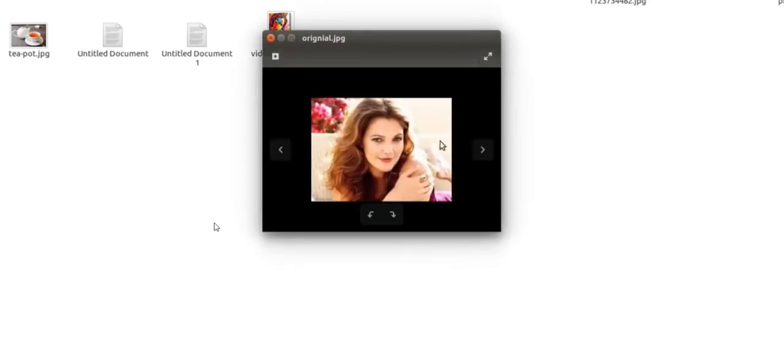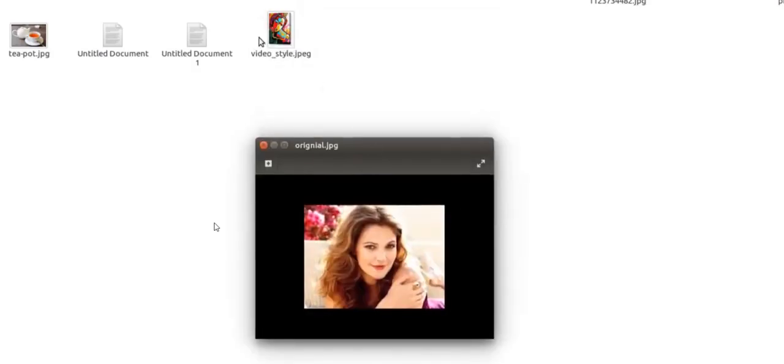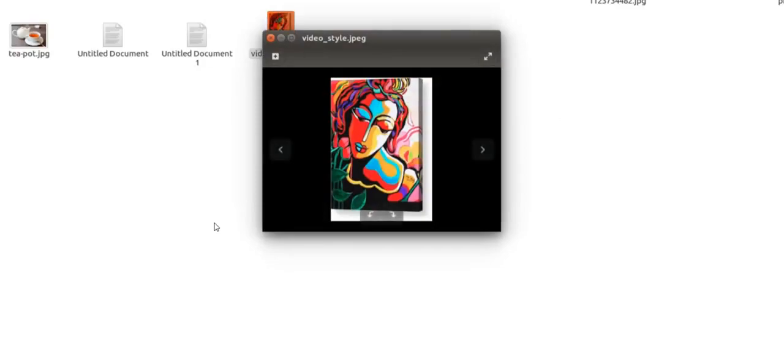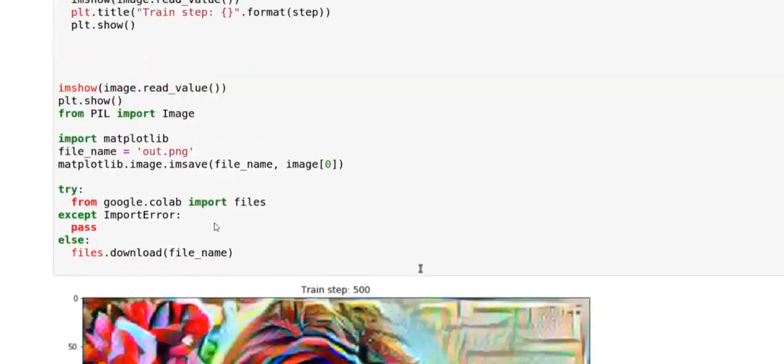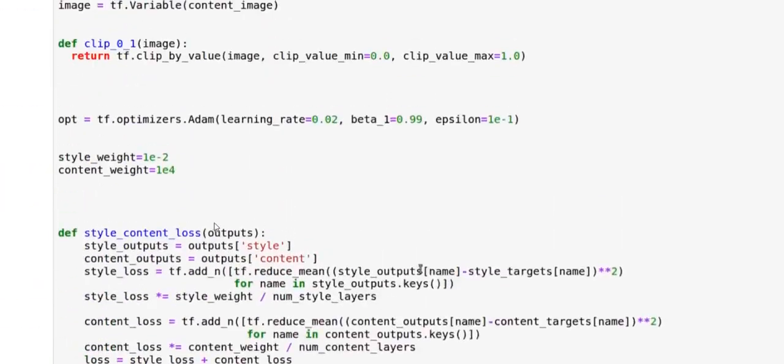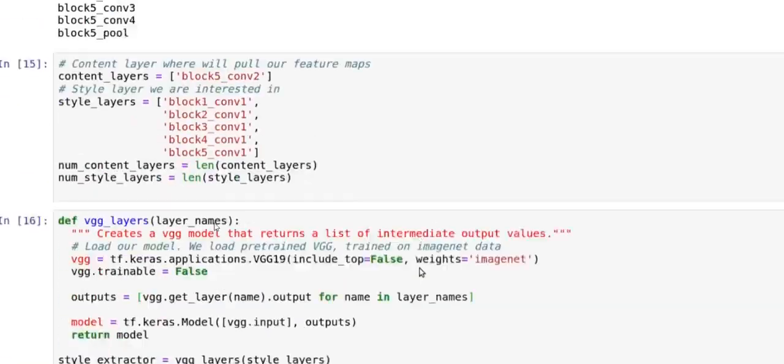This is the original image, the style image, and the style has been mapped onto the original image, and here the beautiful Drew Barrymore looking awesome again. So guys, this is all about this session, and today you learned about neural style transfer.